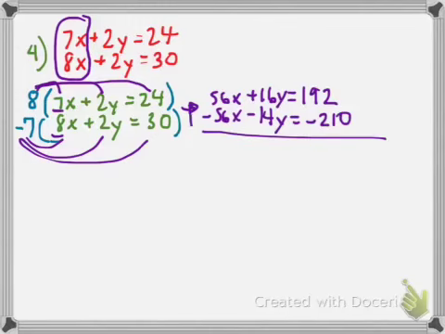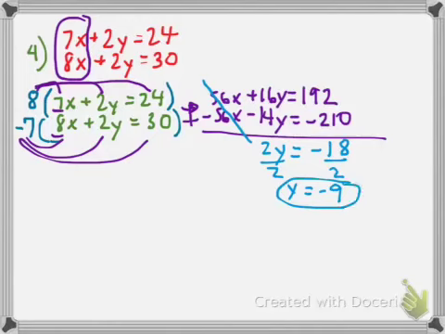Then remember I'm adding, and then my x terms will cancel out, and then 16y plus negative 14y is 2y, and then 192 plus negative 210 is negative 18. Divide both sides by 2, I get y equals negative 9, and then I have to solve for my x value,